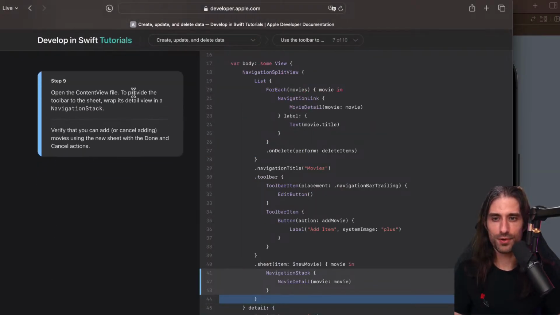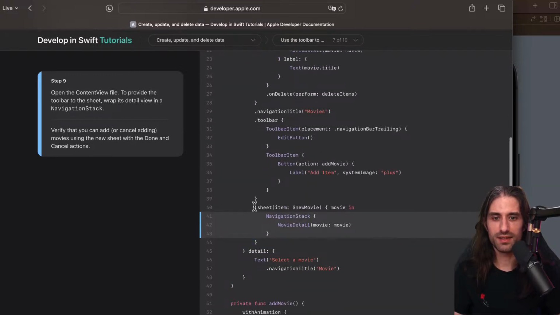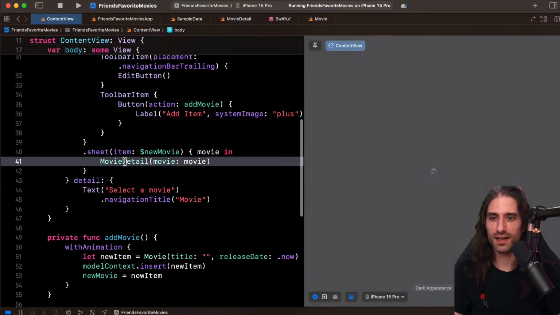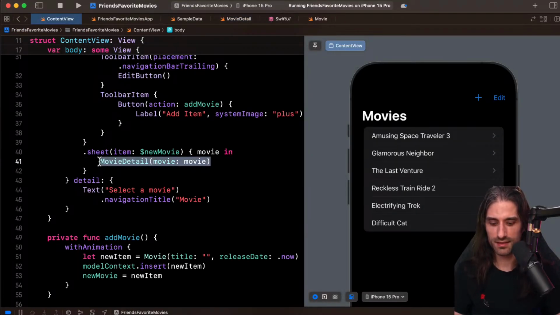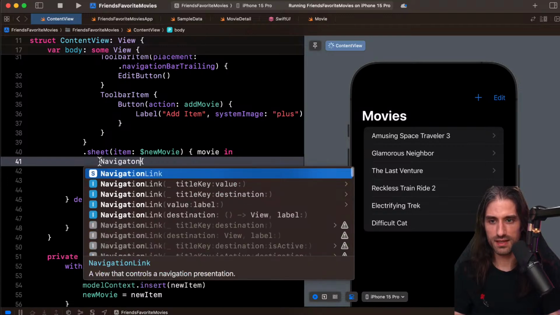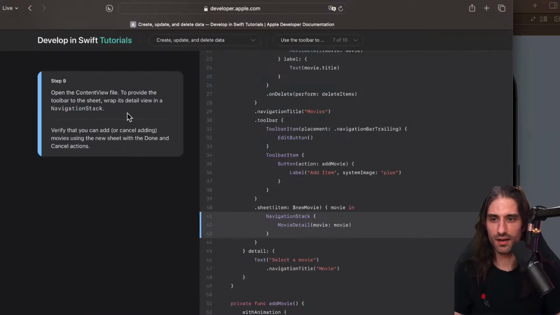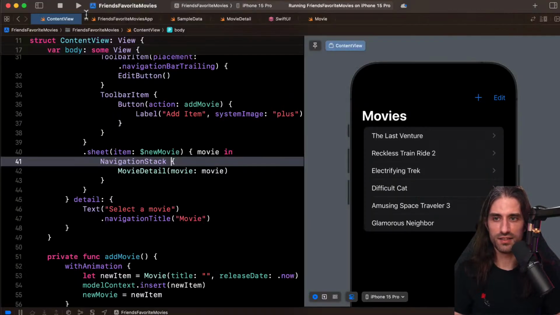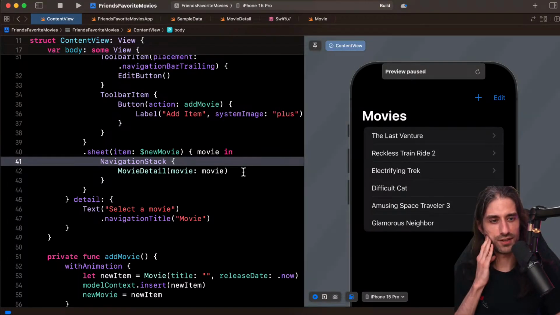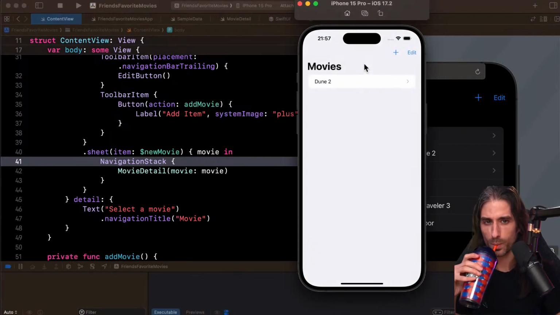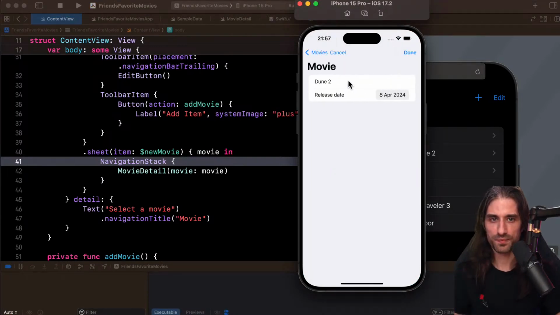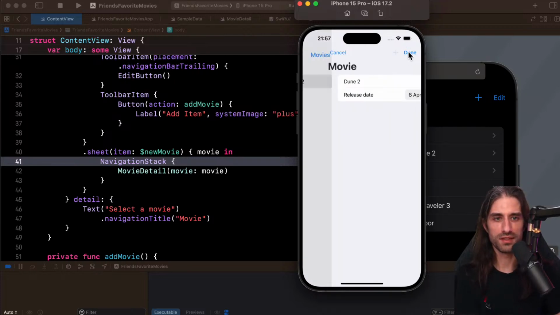Okay. And now open the content view file to provide the toolbar to the sheet, wrap its detail view in a navigation stack. So we're going to go here, here, and wrap this into a navigation stack, like that. And so now, yeah, let's check that this works. So I'm launching the simulator again. What's weird is that I still have the done button here, which doesn't make sense, but at least you can see that it dismisses